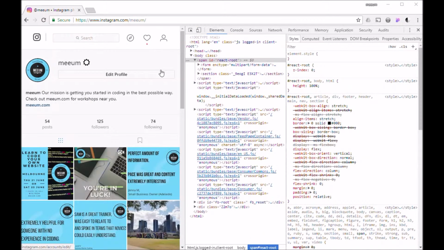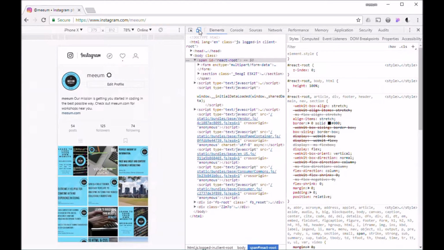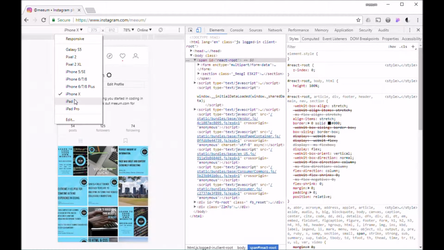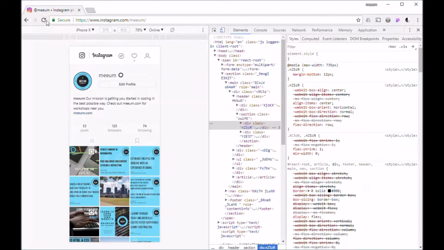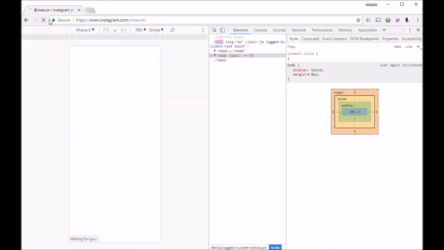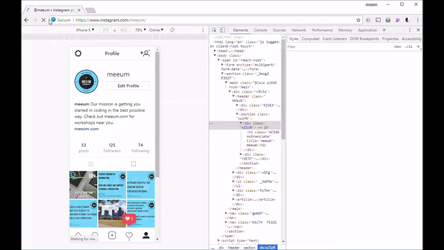And once we've got our DevTools open, all we need to do here is make sure we click this toggle device toolbar. See, if we click that, it looks like we're on a mobile phone now, and if we unclick it, it doesn't. So make sure that is clicked in so it looks like we're on a mobile phone, and there'll be a menu here of selecting a number of different mobile devices. Now we'll need to refresh the page again,